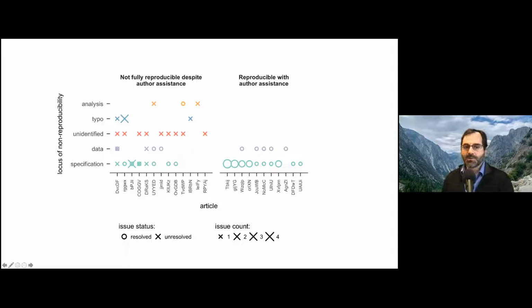In the cases that were resolved, usually there were details that were missing from the analysis that once specified would allow us to recover the correct numbers. Occasionally there were data files as well, or sometimes pieces of data like which participants exactly were excluded.